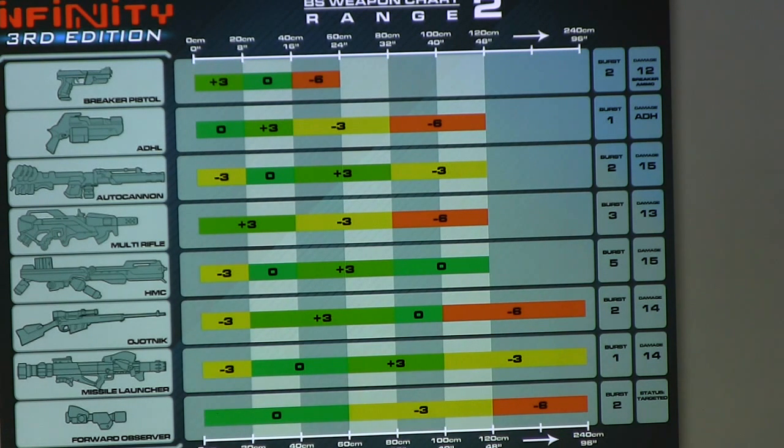Autocannon, multi-rifle, but this chart is all. Multi-rifle, in fact, has what I told you, two slots, and you can choose armor piercing or shock ammunition in one of those, and the other is DA ammunition, with different values of burst. HMC, I told you about the double slot also. The Jotnik gets much better. The missile launcher,